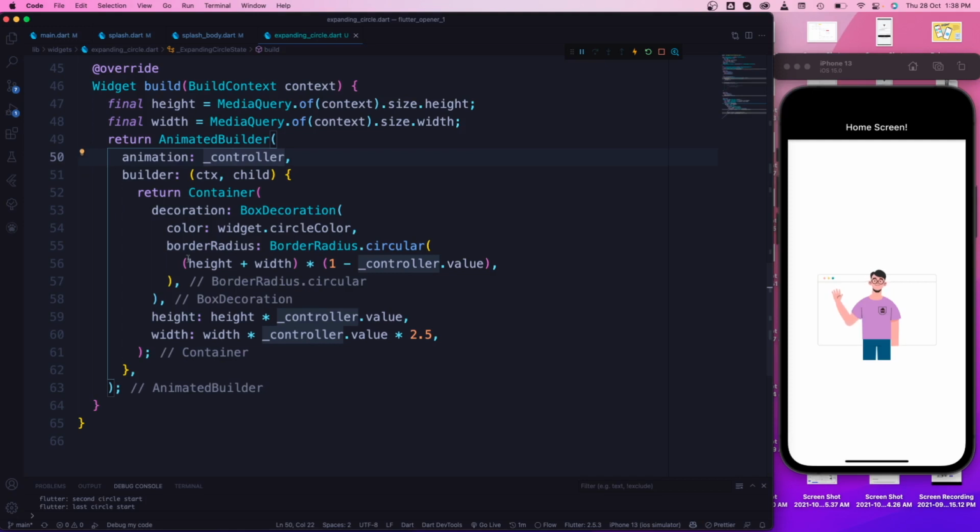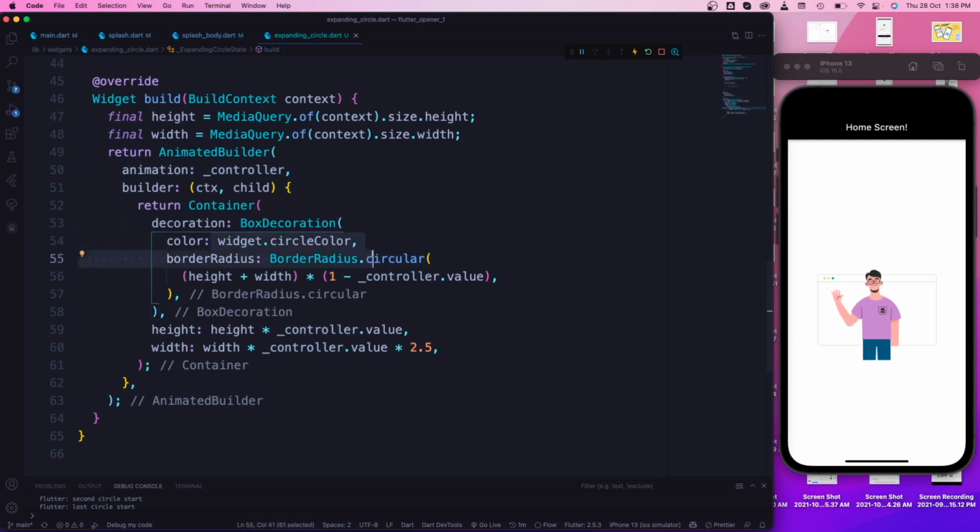So we have a container with a particular color, and in this case this is the color which is provided in the constructor of this widget. And then we have a radius, which is a calculated value, and this took most of my time because it required a lot of calculations. Maybe because I'm new to this stuff, and I don't have much experience, it took me some time to figure it out. But this is the value which worked fine for me,